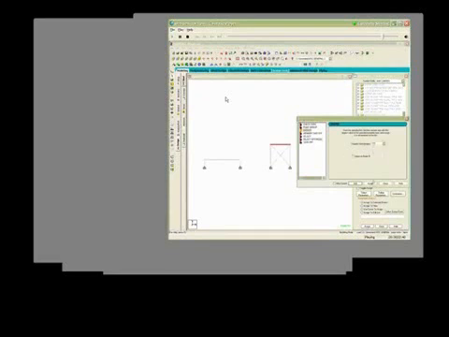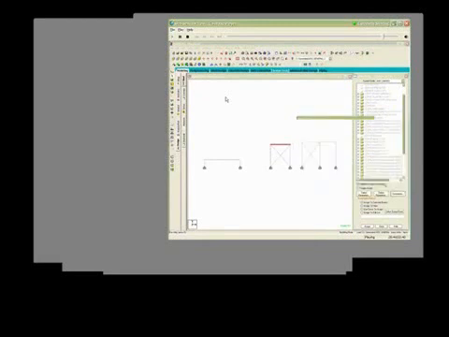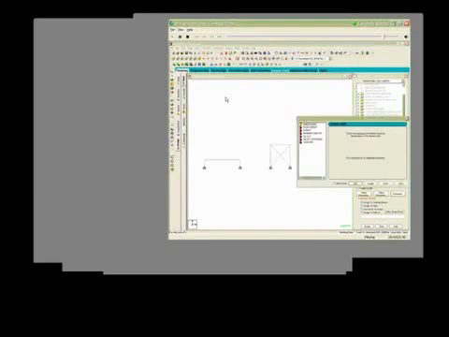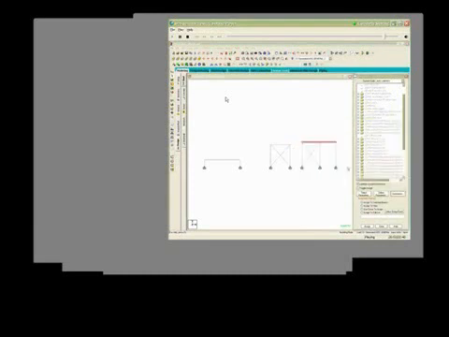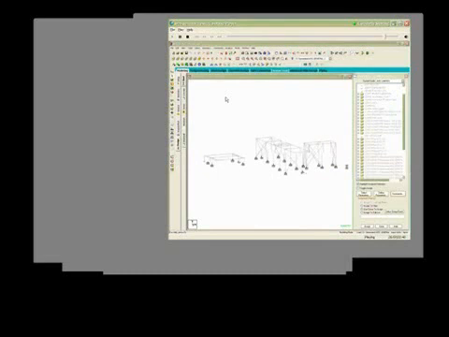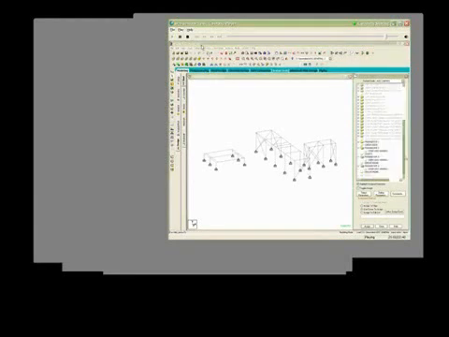So once we've got them to come up with an optimum size, here what we're doing is we're saying, well, let's group them together. So all of those members at the top of the structure here, we want to define those so that they work together, and whichever one has got the largest area is the one that we'll use to be consistent throughout the design. So now we've got our structure in place, we can run through the design very quickly, and